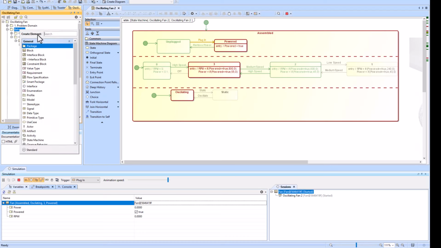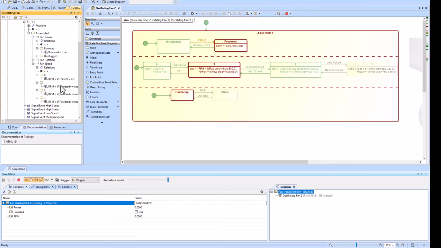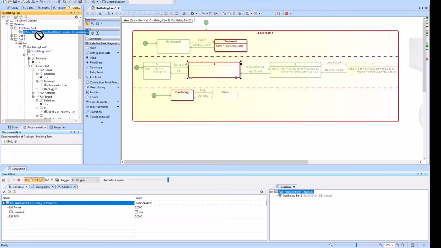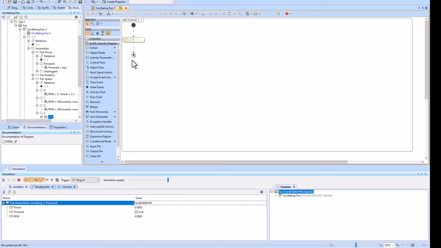And I will create just a holding tank just to hold it briefly. So I'll just drag this up here. The act of dragging this up here removed it. So now there's no state, or there's no behavior associated with state 3. And I can just drag this back on here, and I can click do activity, and it actually created this